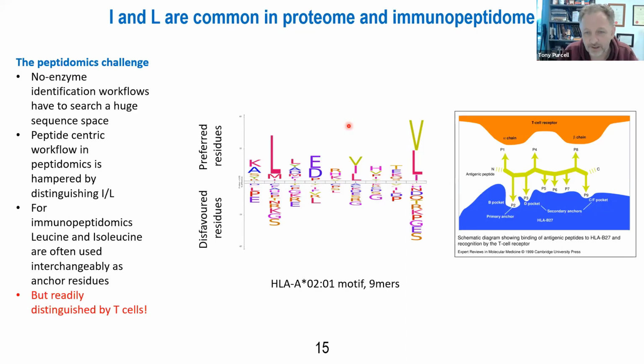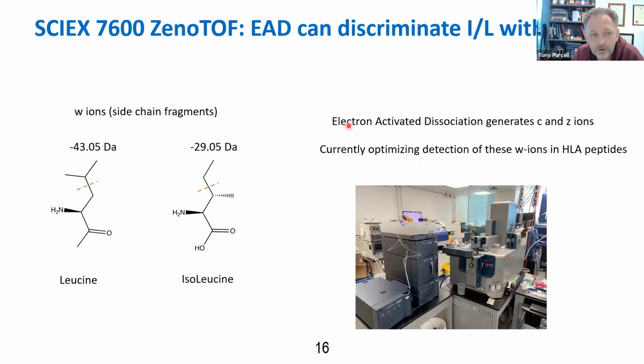However, we certainly know that isoleucine and leucine within the sequence of a peptide can be readily differentiated by T cells, so we need to get it right. We need to get the true identity of the peptide as best we can. One of the things we've been doing recently, working with colleagues at SCIEX, who very generously gave us a slightly pre-release version of this new instrument, the 7600 ZenoTOF,